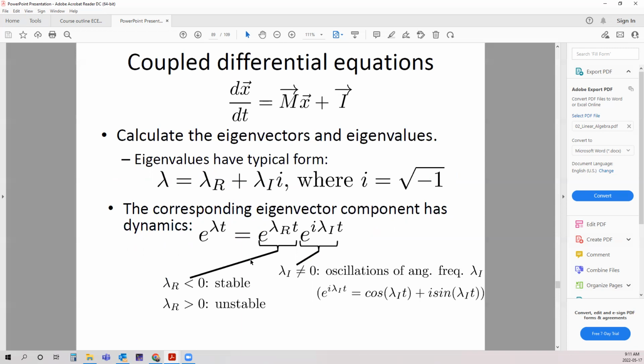So if we have the differential equation for dx, as a vector, over dt, then it will equal M dot product with x plus the input vector. Calculate the eigenvectors and eigenvalues. Eigenvalues have a typical form of lambda equals lambda_R plus lambda_I times j, where j is the square root of -1. The corresponding eigenvector